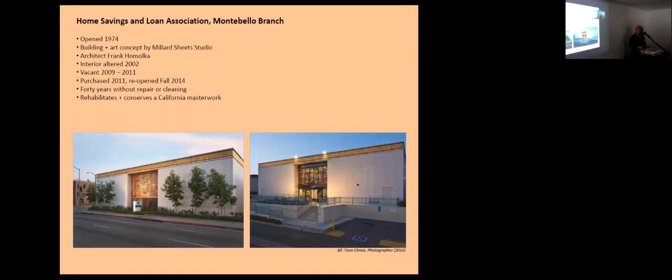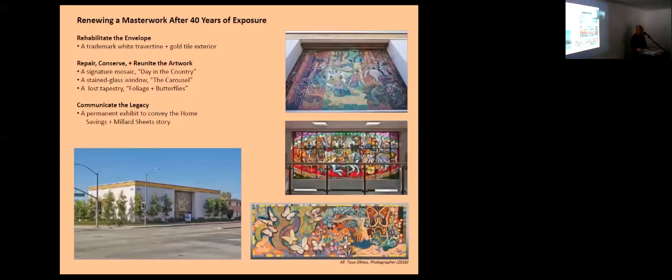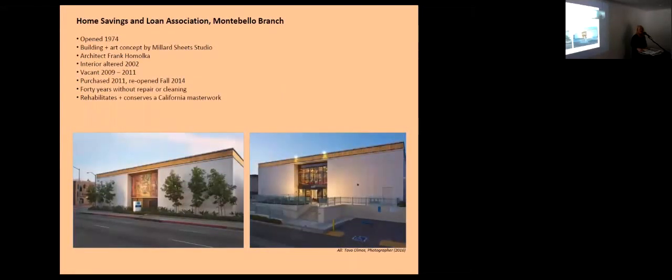And so we found a description of it, and in that description, lo and behold, a big surprise to us was that there was a tapestry originally designed for this building and was hanging in this building. Millard Sheets' daughter, Carolyn here, is the one who saved the tapestry and donated it to the Mingei Museum in San Diego. And so we contacted Tony Sheets and said, hey, we found reference to this tapestry in the archives, and we're looking for it. Do you have any idea where it is? And he said, oh, well, you should talk to my sister. And so we talked to her, and she told us where it was, and we went to look at it,